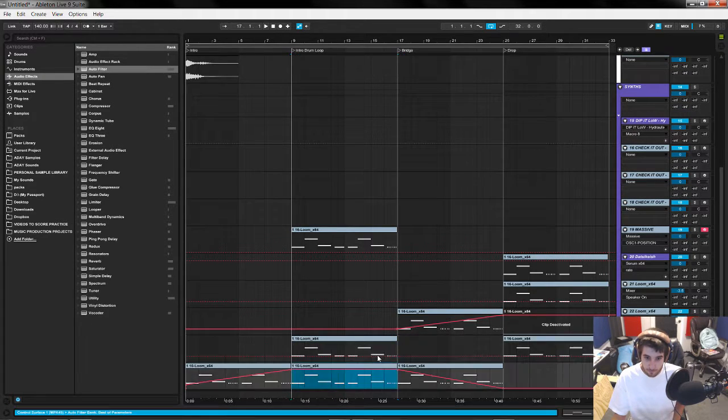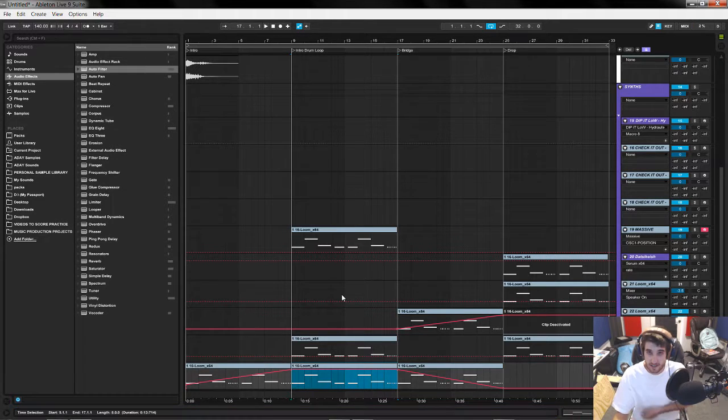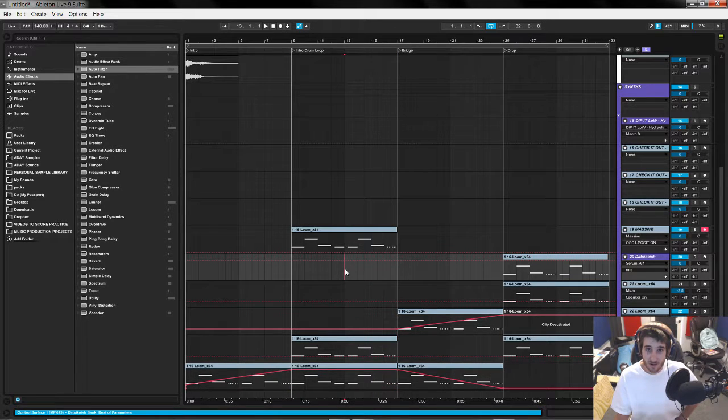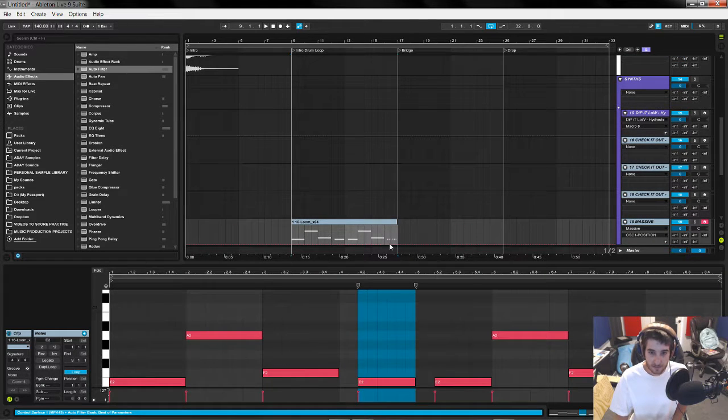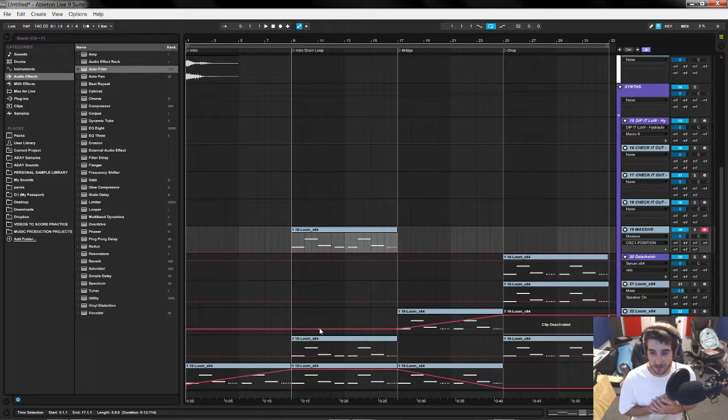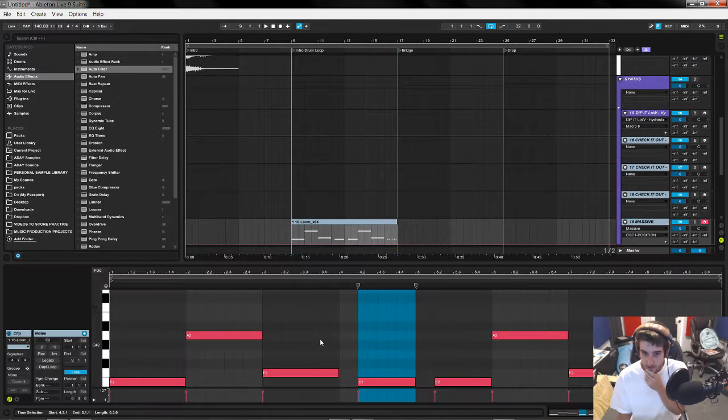I try to keep it all at 3 and just do the pitching inside the program. It makes it easy for dragging MIDI around. But if you want to play it and actually know if you're going to be on the bass notes, then you would actually program that in the MIDI, drop it down an octave. But for the most part, to make it easy and drag around MIDI, I try to keep it all in the 3s: C3, D3, all in the 3s. But this one's on 2 right now. We could go back up.